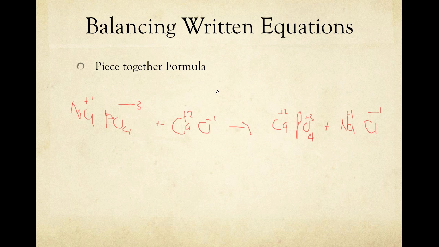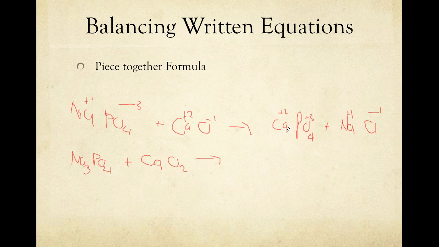Now that we have our charges and our elements written out in this equation, we can continue to piece together the formula. We have a -3 here but a +1 here. In order to balance this out, we have to have a +3 for the sodium. So we're going to put down Na3PO4. And then here calcium is a +2, but Cl is a -1, so we need to balance it by putting a 2. So this is added to calcium chloride with a subscript 2,